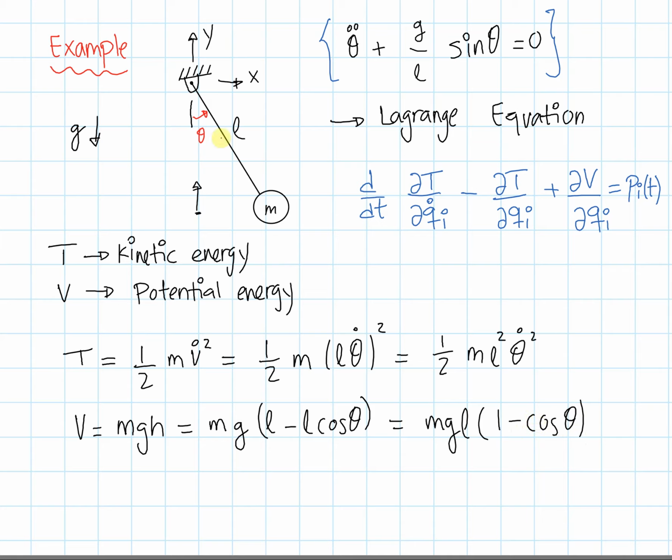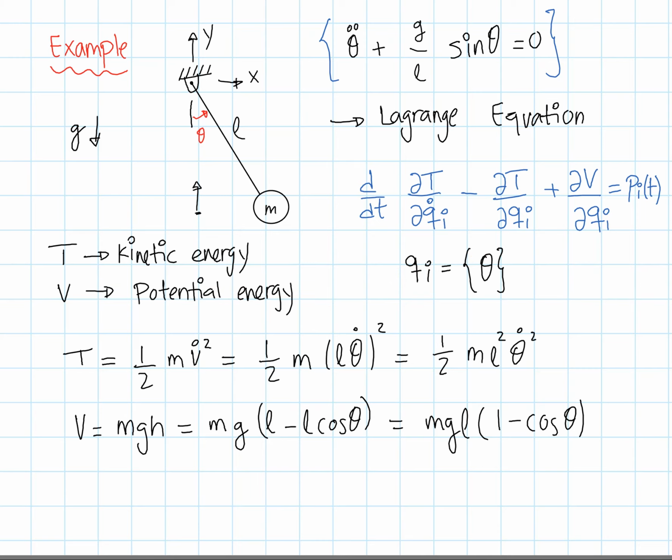And the only degree of freedom that I have here is this theta, and so that's what the qi are. So the only qi that I have is theta. I know this lecture is focused on multi-degree of freedom systems, but it's very critical that I show you how Lagrange equations work with a single degree of freedom system, and at the very end of this lecture I will introduce a double pendulum system and also provide you with the kinetic and potential energy equations and let you do all the derivations. So let's continue on with this simple pendulum